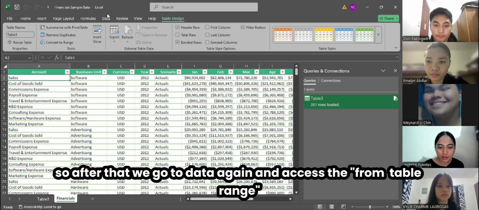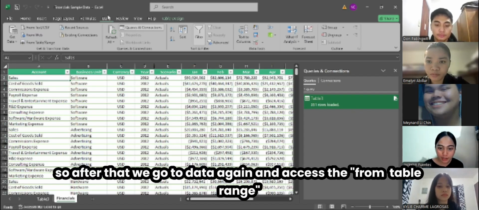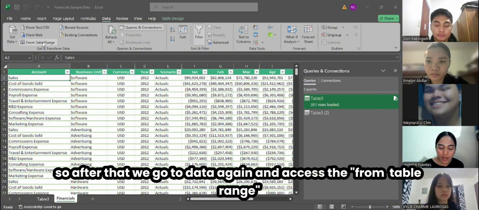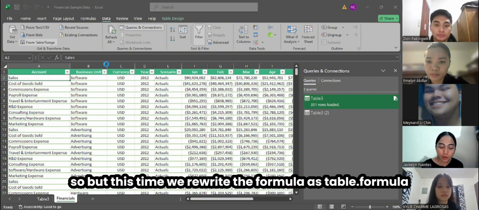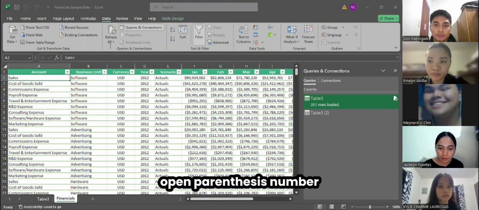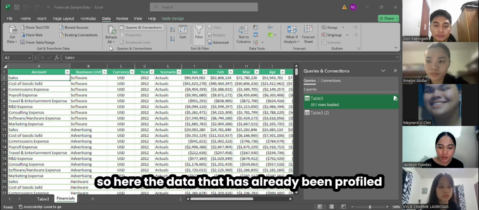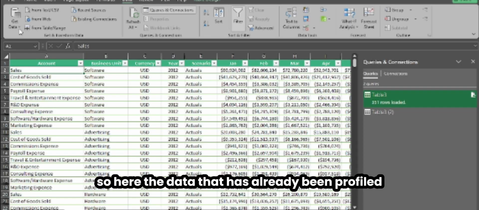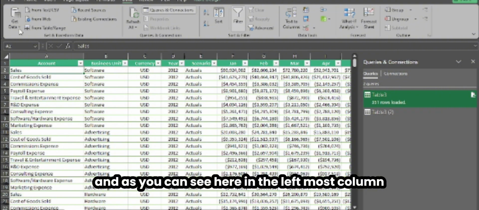After that, we go to Data again and access From Table/Range. But this time we rewrite the formula as Table.Profile(Table3). So here is the data that has already been profiled, and as you can see, in the leftmost column,